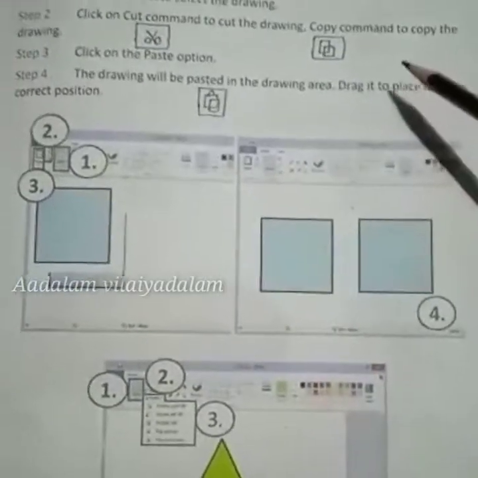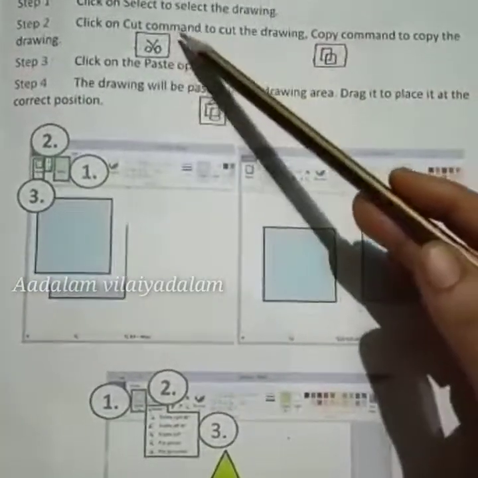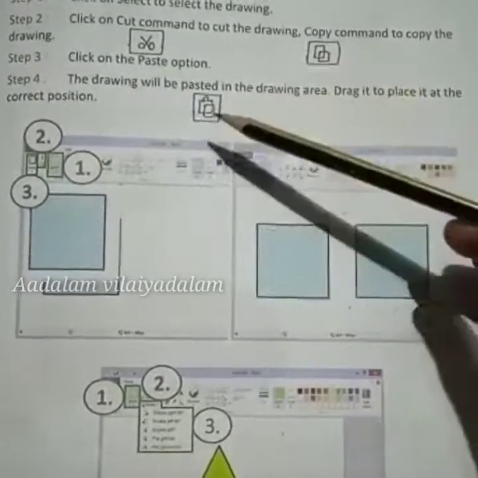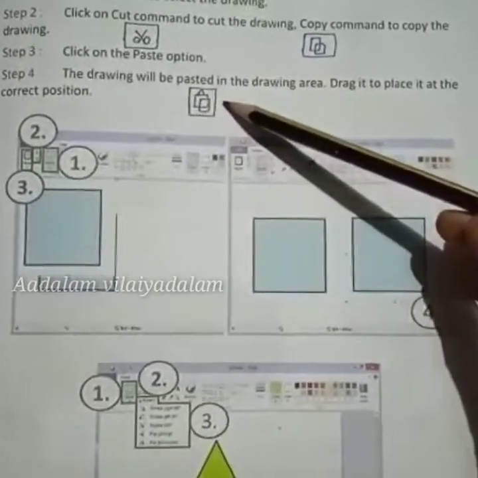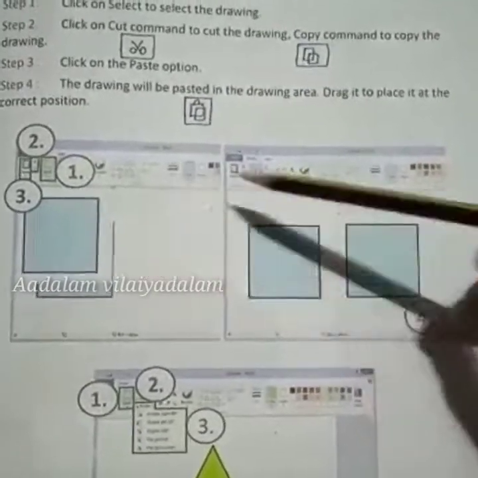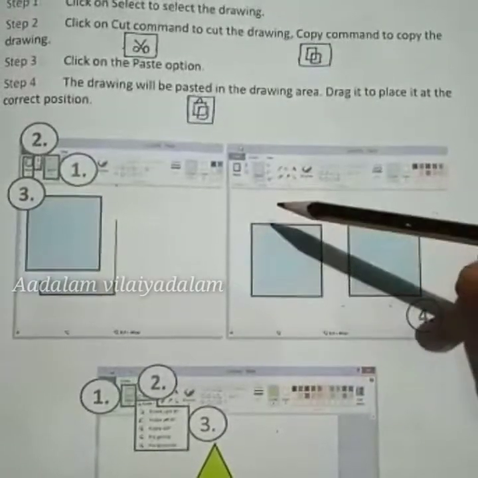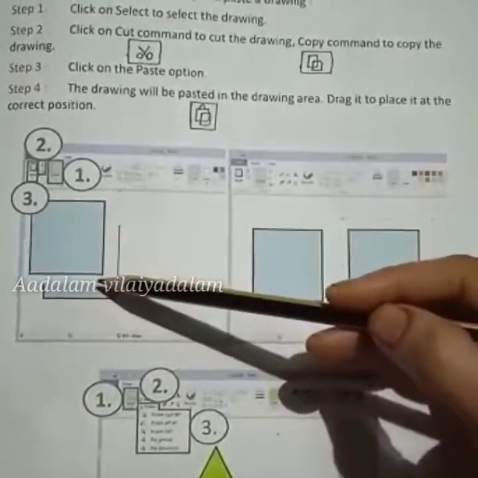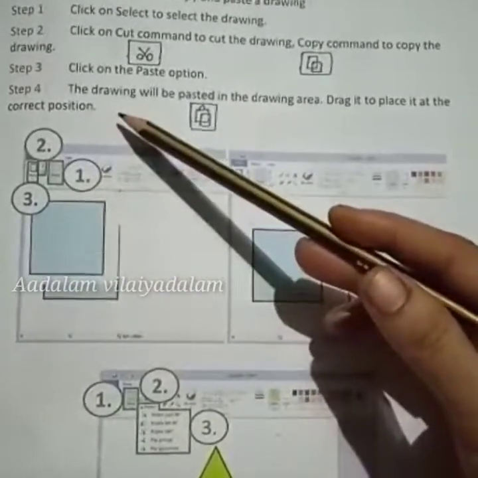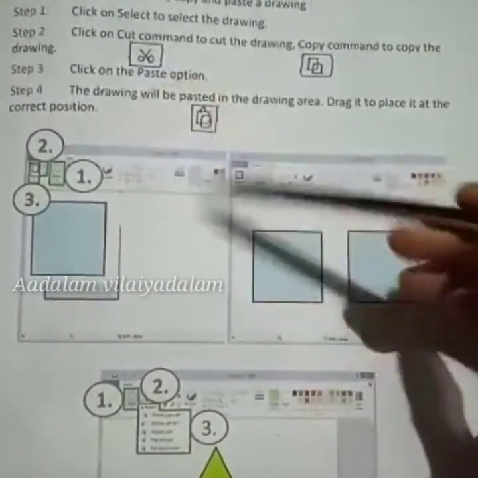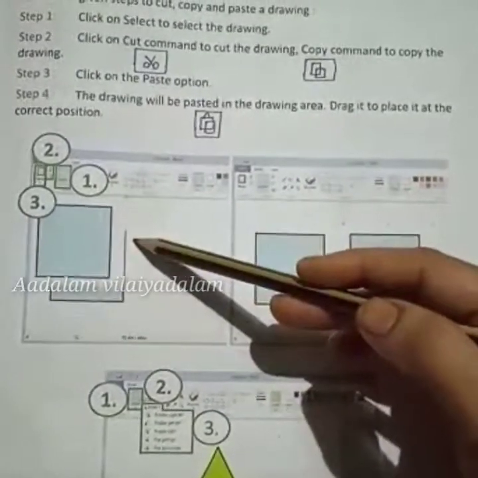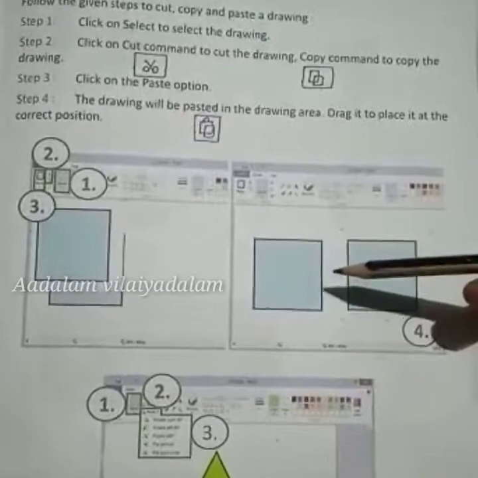Next we are going to see about cut, copy and paste images. This is the icon for cut, this is the copy icon and this is the paste icon. Suppose we want to cut the image and paste it somewhere, we can use this cut and copy option. Okay, first select the image we want to cut and then go to the paste option. Select the location, click the paste option. The image will be pasted there. This is the way to cut and paste.